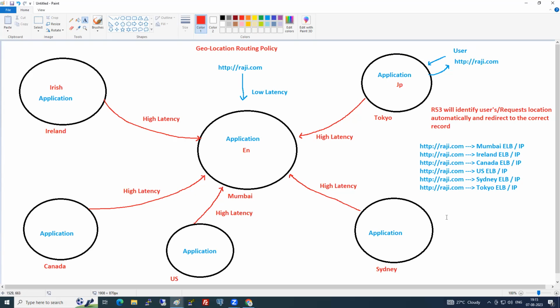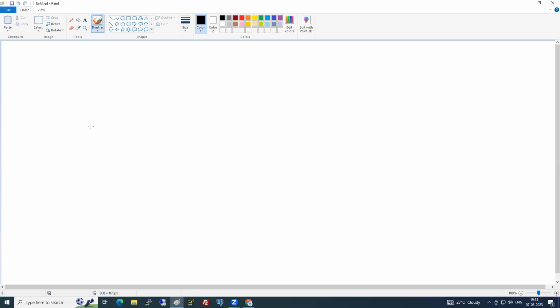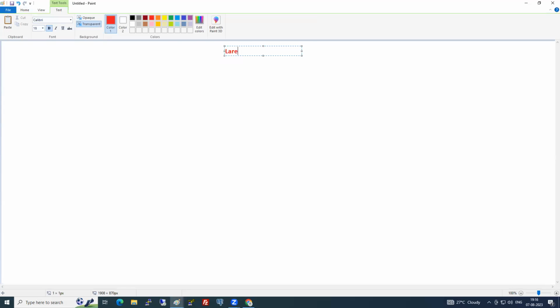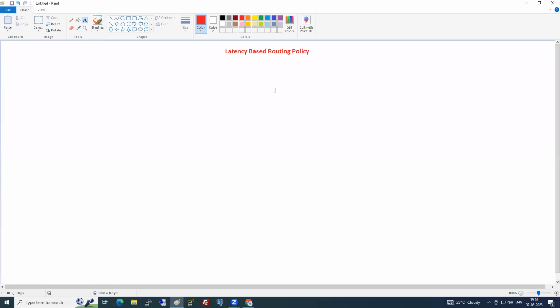And the last one we have here, I'll tell you the answer, is called latency based routing policy. What is it? Latency based routing policy.